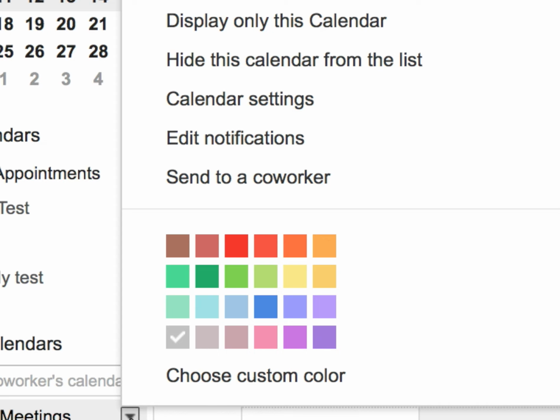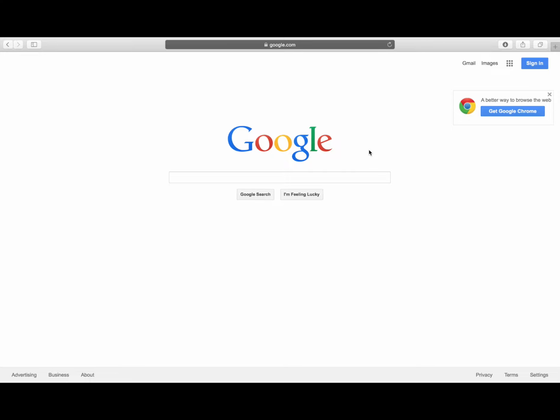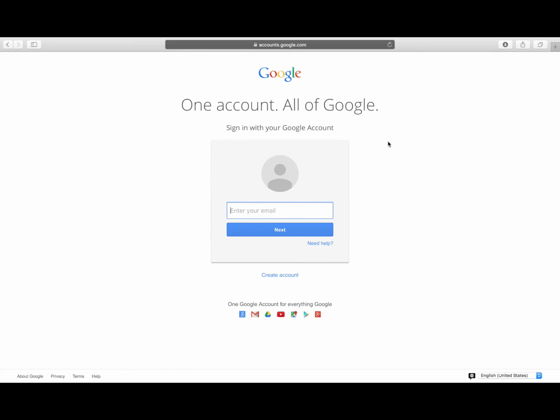I can then also go down and customize the colors that I see for the calendar and any other settings. If the person who created the calendar did so in a program other than Google Calendar, you may have received an email with a link in it. You can copy that link and then go to Google, sign into your account using your Hawthorne email address as the username,